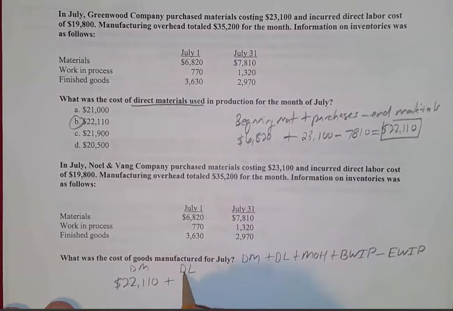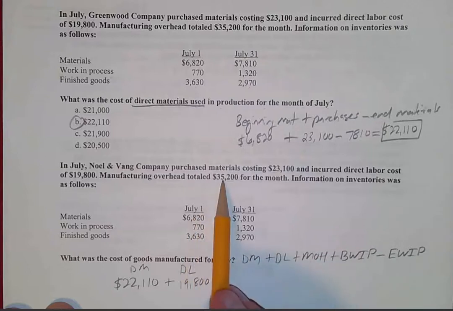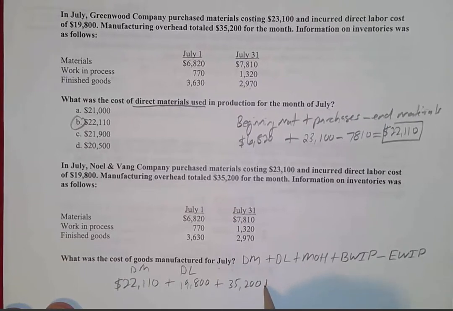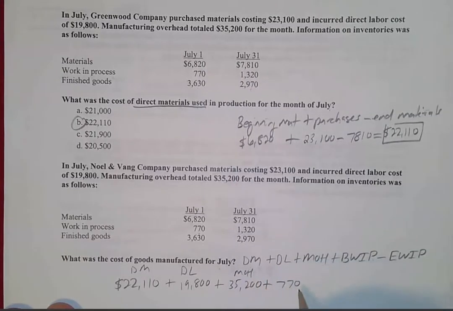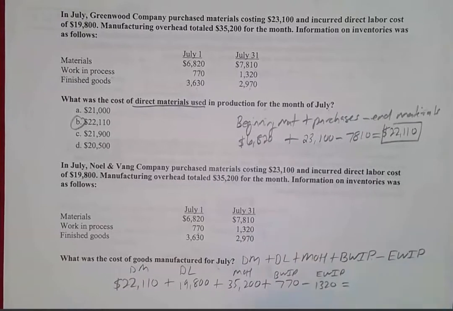Plus direct labor, which is always going to be an amount that is given, 19,800, plus manufacturing overhead, which is applied at 35,200, plus beginning work in process, which is $770. And then this is beginning WIP minus ending WIP, which is 1320. Okay,